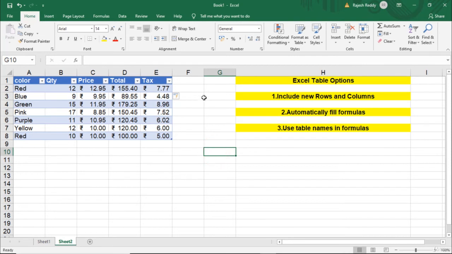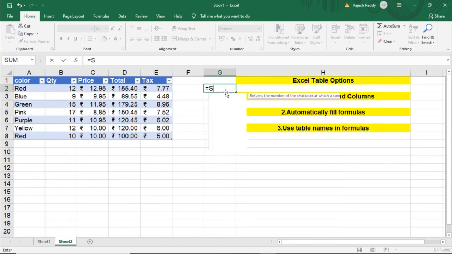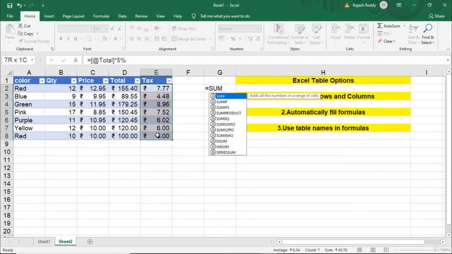Now another one is use table names in formulas. I will show you how exactly this option works. I want to calculate the total sum of this tax. Use sum, select all these cell ranges.